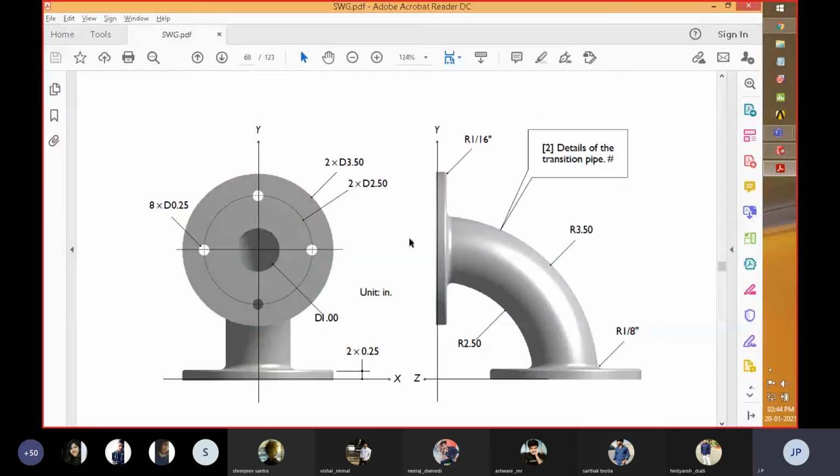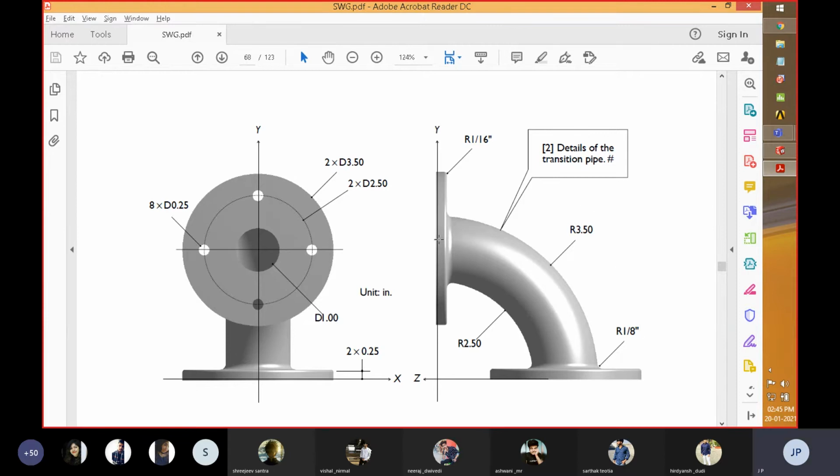So now I'm going to create this part and showcase how this can be made. It is totally the viewer's choice, or the designer's choice, where the part creation can be started. From my perspective, I am going to create this circular part which has a radius of 2.5, and I have a fillet of 1/8 inch.